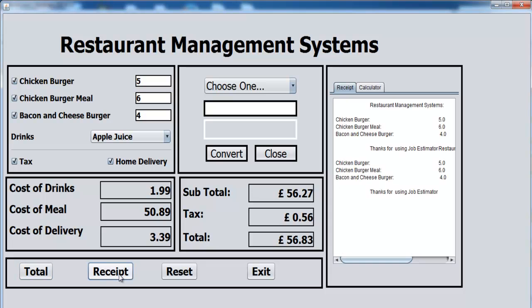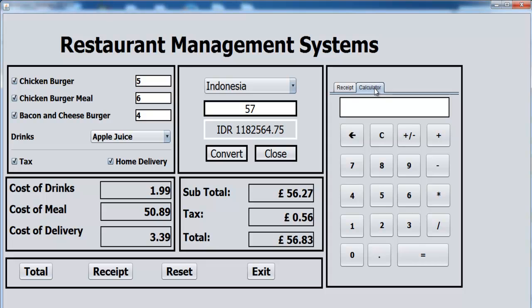And if you want your receipts, just click on the receipt. That's the receipt right there. If you want to convert it to whatever currency you might decide to use, let's make that 7 and just convert it there. So, and that's how you develop your own restaurant management system using Java NetBeans. And the calculator also works too,